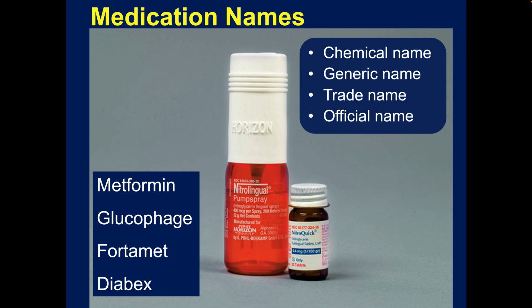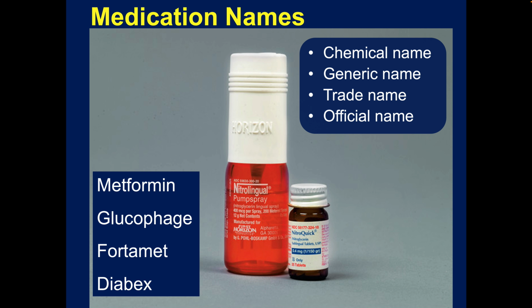Medication names. Now, usually what we encounter in the field are a generic name. Sometimes you might see the trade name on there. I know in your protocol book, you go to the back of your protocol book, there's a list of pretty much all the common medications. There's about 1,000 different medications listed in the back of your protocol book. The problem with all these things is that